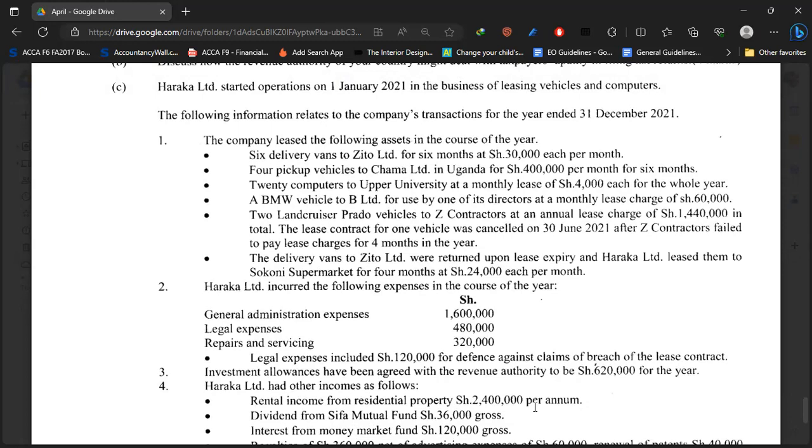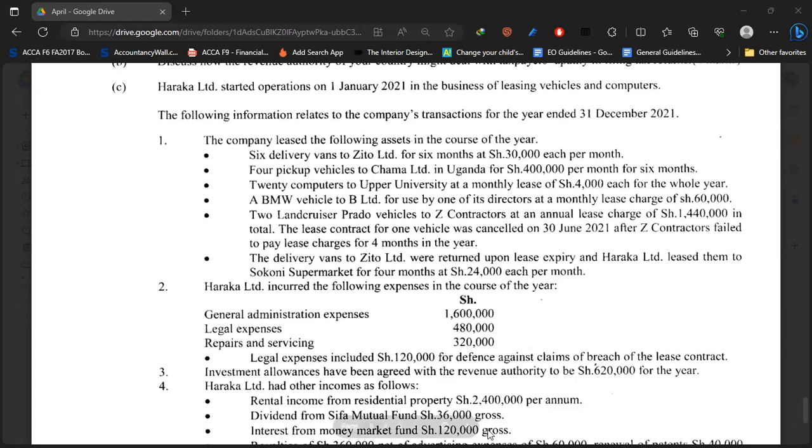Haraka Limited started operations on 1st January 2021 in the business of leasing vehicles and computers. The following information relates to the company's transactions for the year ended 31st December 2021. The company leased the following assets in the course of the year: 6 delivery vans to Zito Limited for 6 months at 30,000 shillings each per month; 4 pickup vehicles to Chama Limited in Uganda for 400,000 shillings per month for 6 months; 20 computers to Upper University at a monthly lease of 4,000 each for the whole year;